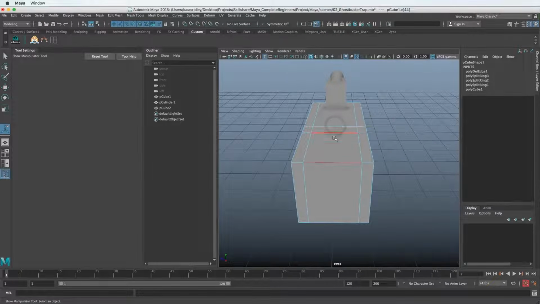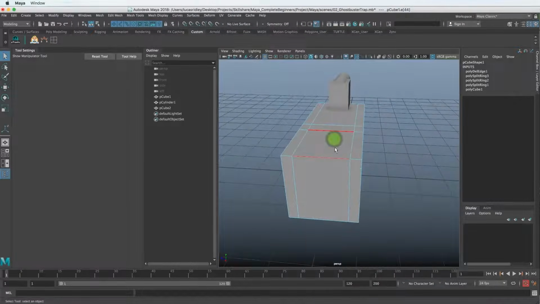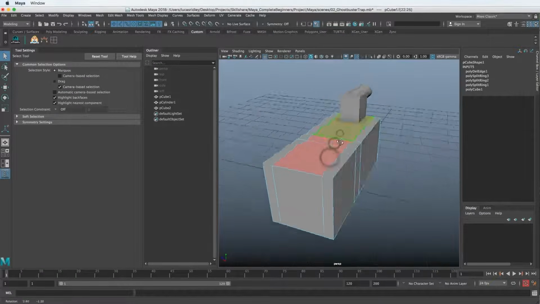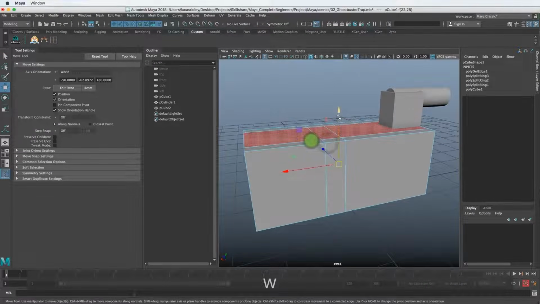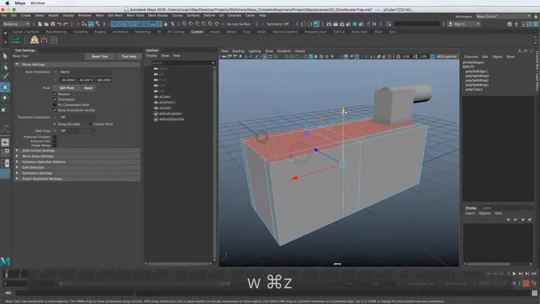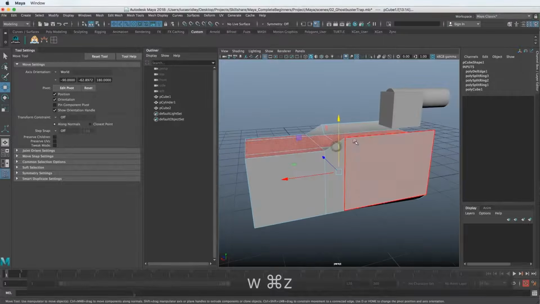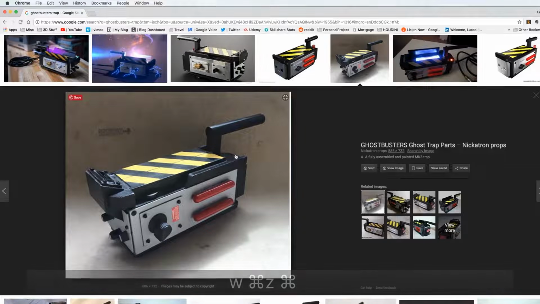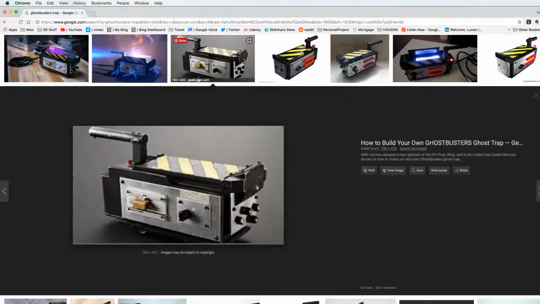Cool. So the next problem we need to deal with is the fact that these faces here should be at the same level, right? They should be down here somewhere. And not just those, but these here, right? Because we noticed in the reference, this back area looks like it's at the same level. It goes across this. You can see this little edge here, or even this is a better view. Look at this back edge. It's flat here, and then it looks like it lines up to this flat edge. So it's more like this is an extrusion than anything else.